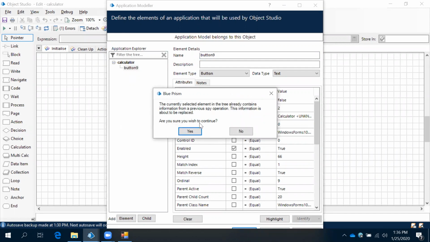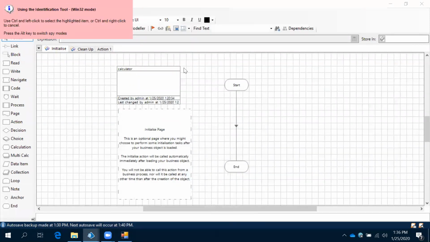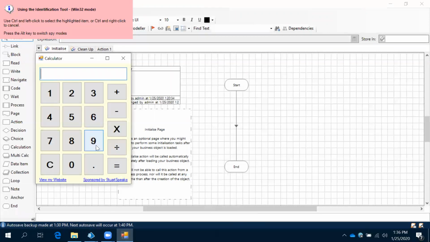Then it will ask you again to identify, yes, let it be. Then you can see the different modes for spying, and you need to come to that application, exactly highlight the one you need to spy for the element, and then use Control left click to capture the element.